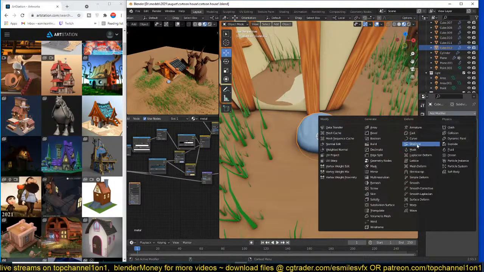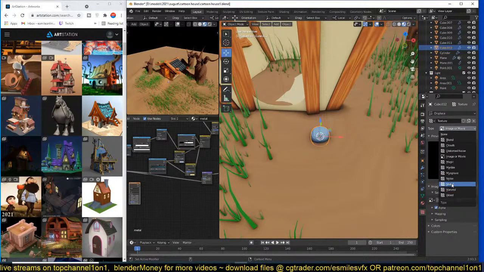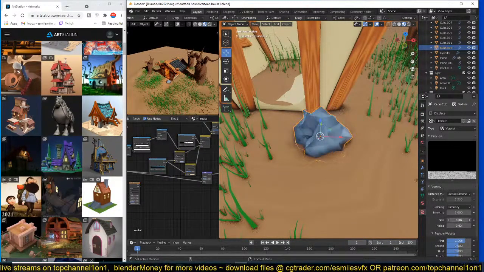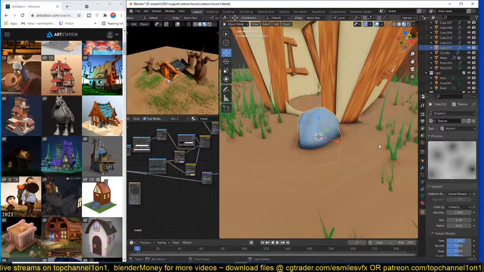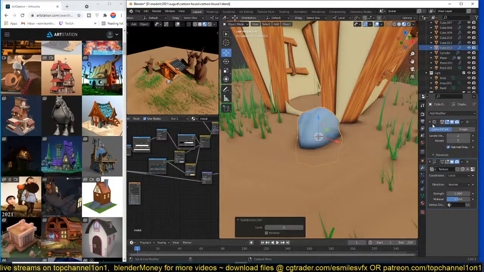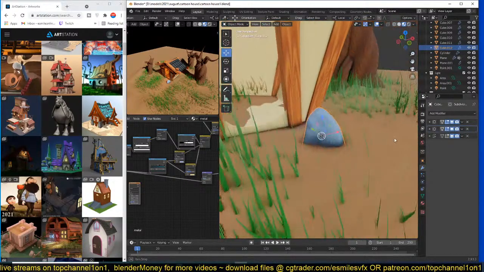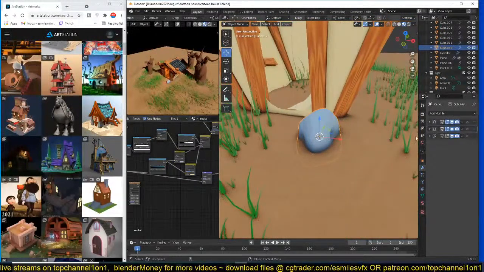stone by using a displacement modifier. Let's create a new texture. Let's try a Voronoi and just bring the scale up, shade smooth. Now we can add another subdivision surface on top of this, so duplicate this, and for the displacement we can use